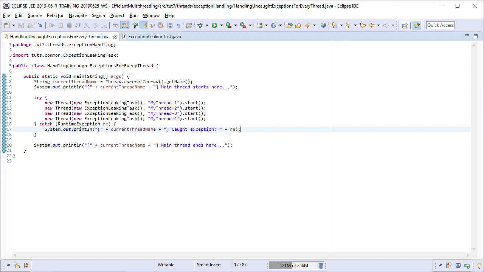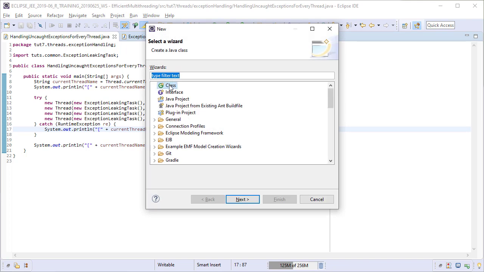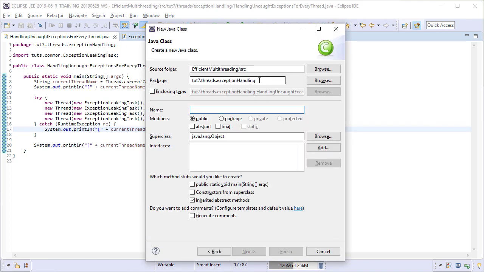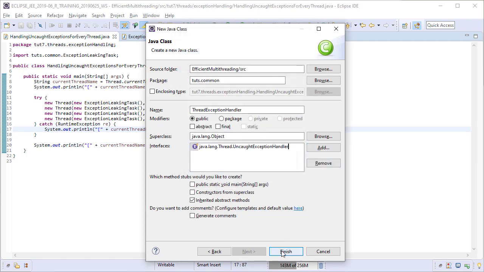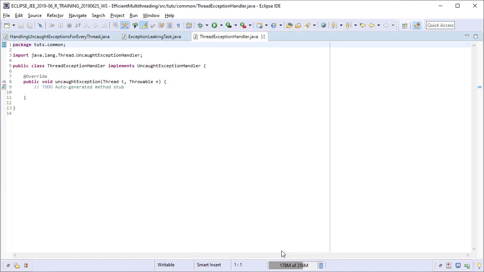To handle the exceptions, we first need to have an implementation of UncaughtExceptionHandler. So let's create one by the name of ThreadExceptionHandler. As implementation of the uncaughtException method, we are just going to print the exception out to the console.